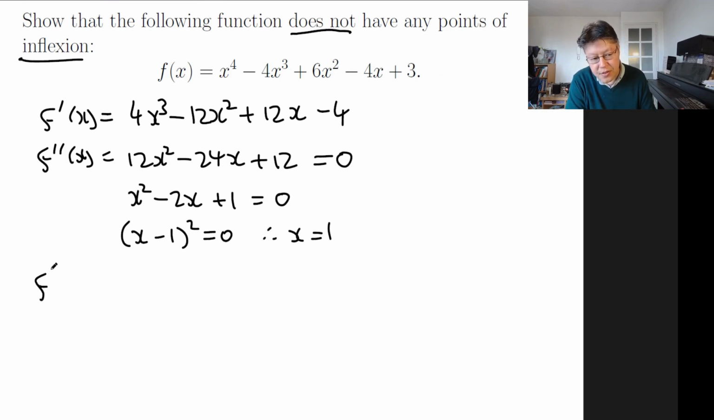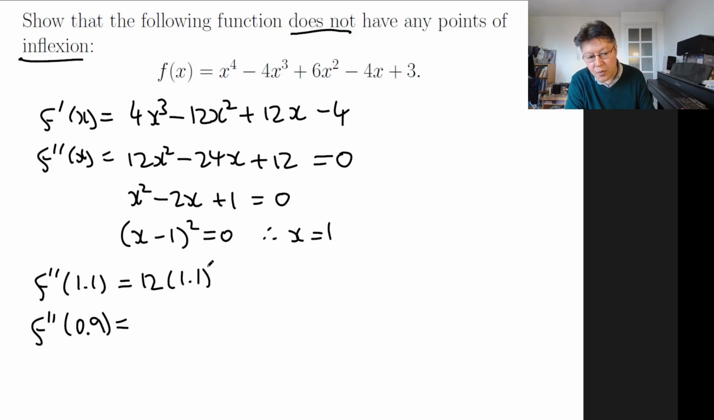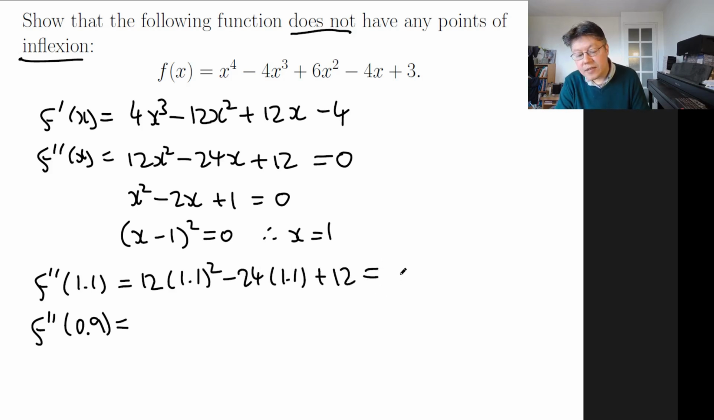We're going to substitute into the second derivative 1.1 and also 0.9. So these are the two points very close to the 1 but on either side. So if we sub this into the second derivative, which is over here, so 12 times 1.1 squared minus 24 times 1.1 plus 12, and if we use calculator we get 0.12, which happens to be positive, and then we sub 0.9 in,